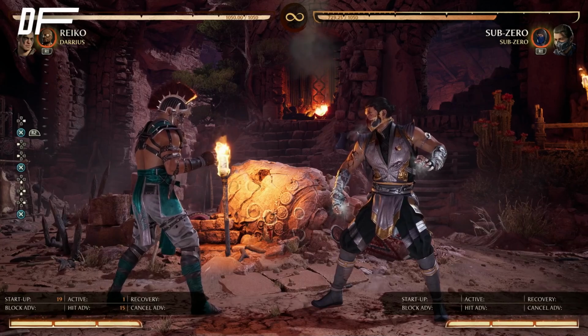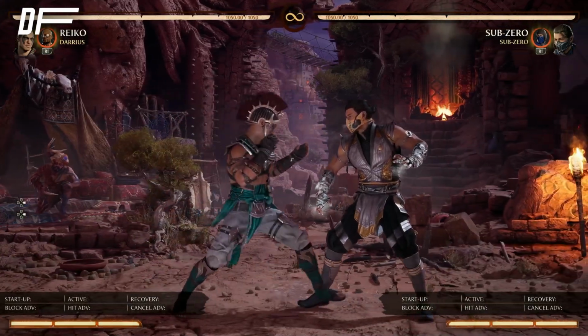Now I'm going to show a little bit of Kameo specific combo routes. So if we wanted to do something like this,